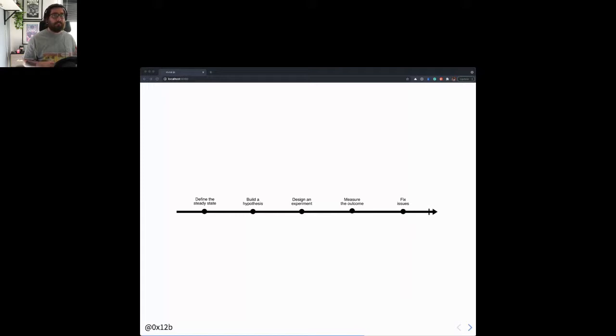So let's try to have a look at how we go about actually performing chaos engineering. The process is quite simple and actually only consists of 4 to 5 steps depending on how you view it. And there is a pattern to these steps. The first 3 steps, define the steady state, build a hypothesis, and design an experiment, they're all about planning. And this is probably where most of your time actually will be spent.